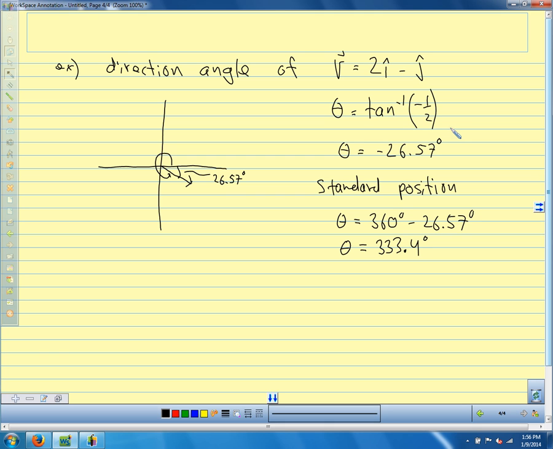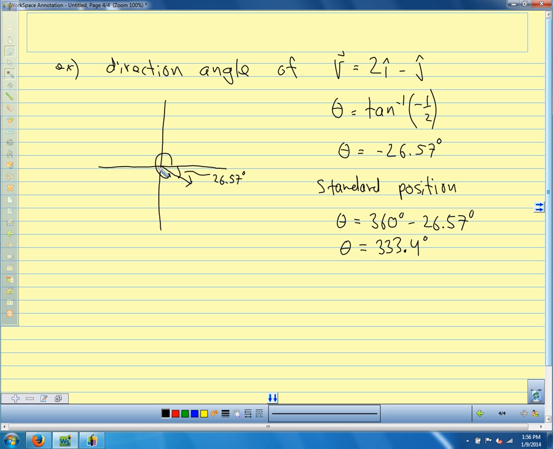Quadrant 1 and quadrant 4. So our calculator is going to give us an angle between negative pi over 2 and pi over 2, or negative 90 degrees and positive 90 degrees. So in general, you're going to have to look at the signs on your x and your y coordinate to decide which quadrant you're in to find your angle in standard